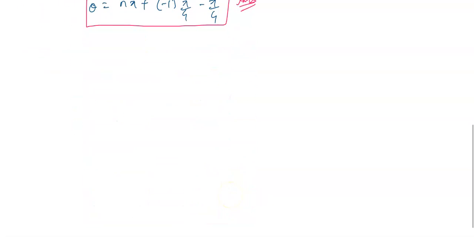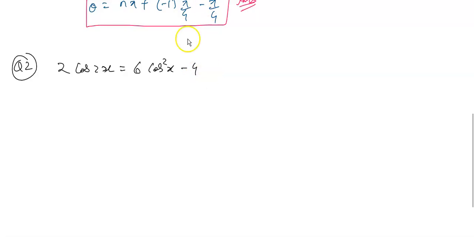Moving on to the next question, question number 2. Question number 2 says the general solution of the equation 2 times of cos 2x equal to 6 cos square x minus 4. So this is 2 times of cos 2x is equal to 6 times of cos square x minus 4. Now